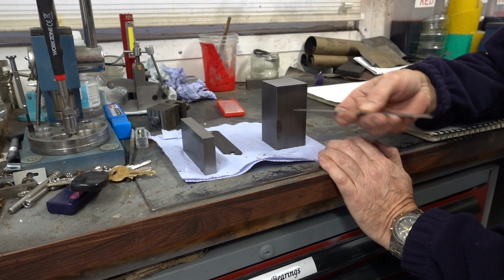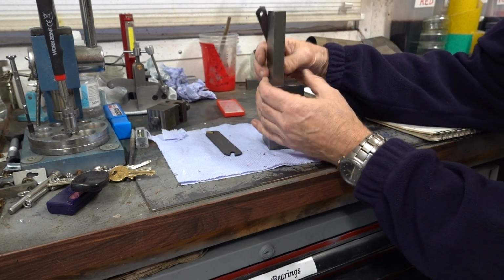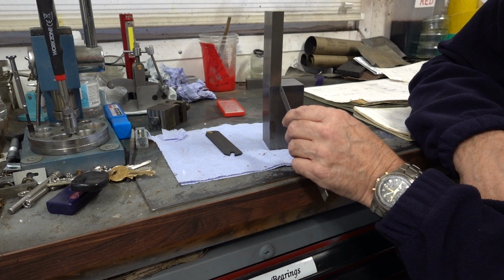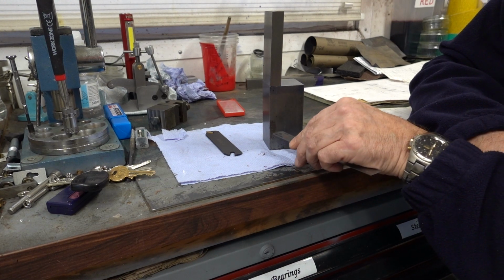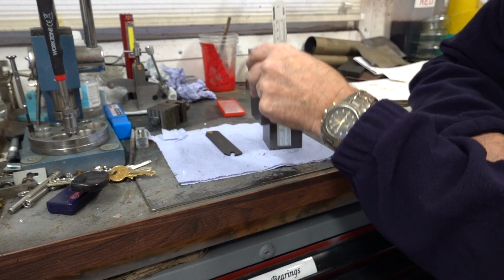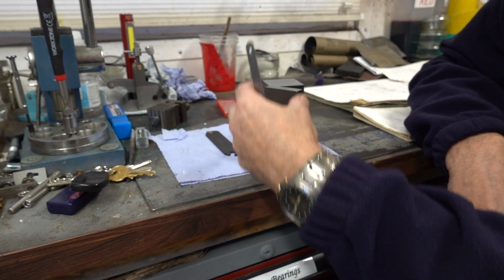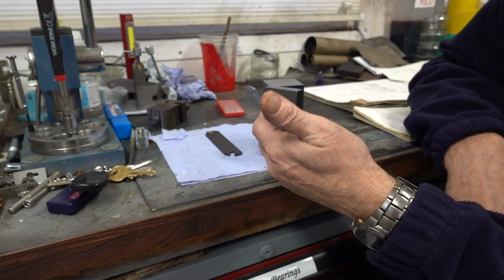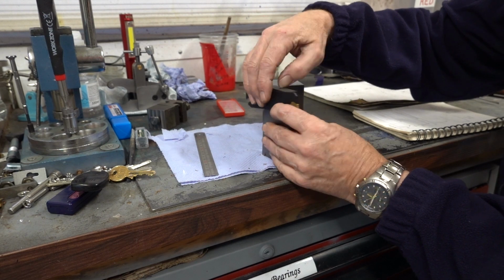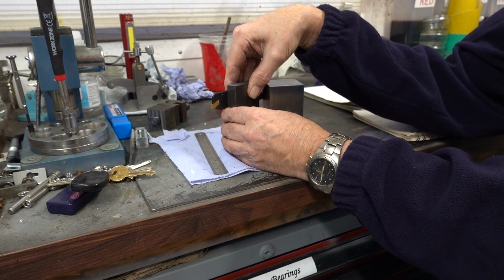I've no intention of taking any more off these sides other than this one side, which is going to accept this block. You maybe understand better now what I'm going to do: I'm going to machine out all the way down here to a preset amount and then come back out again, and that's going to then sit down inside there and be bolted and slotted so it'll adjust with 4 bolts, so it'll adjust up and down by 4mm in total, 2mm each side of centre, so that this blade that's going to be in here can be adjusted up and down by 2mm each side of centre,